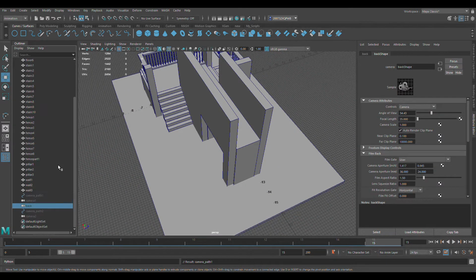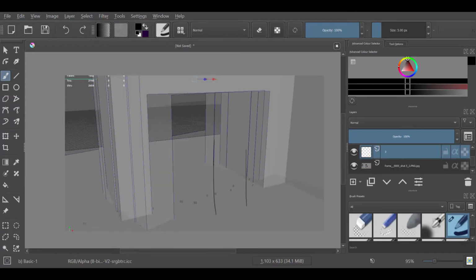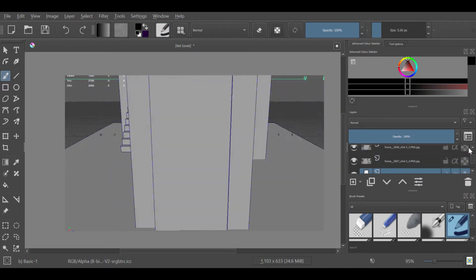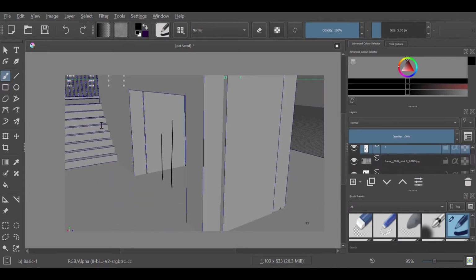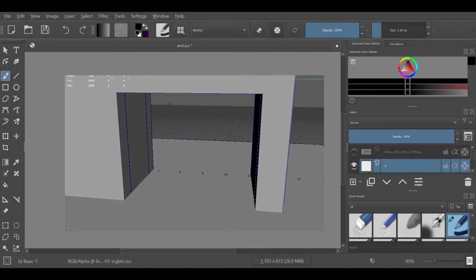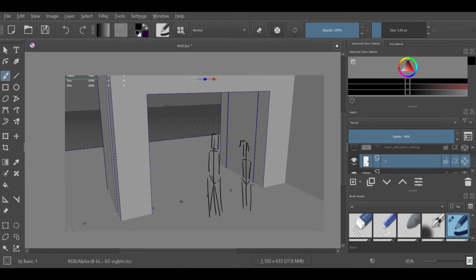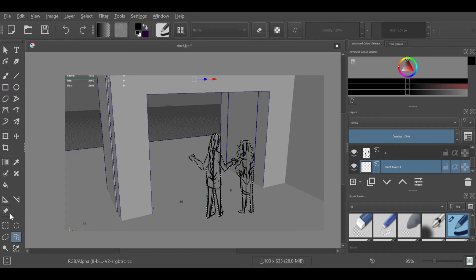So after I had all these cool, crazy tilted camera angles, I took a screenshot of all of them, and I first imported them into Photoshop, and then I made sure to crop them all the same size, because some of the screenshots weren't the same size, and then I was able to just draw over top of them, and that was so much easier